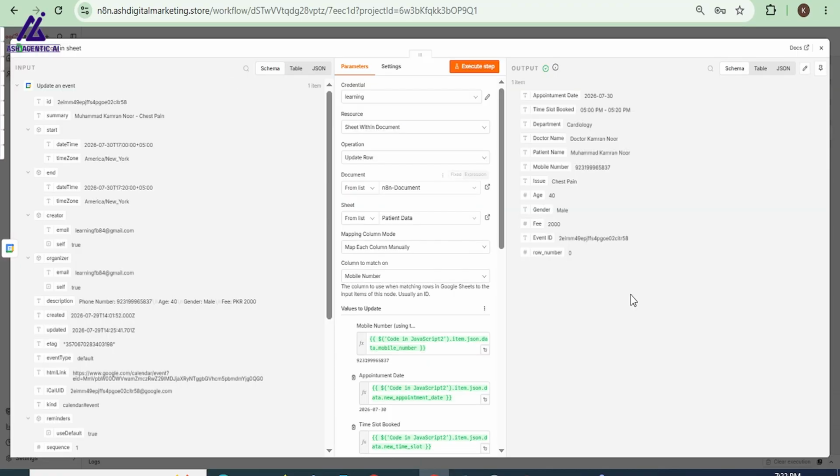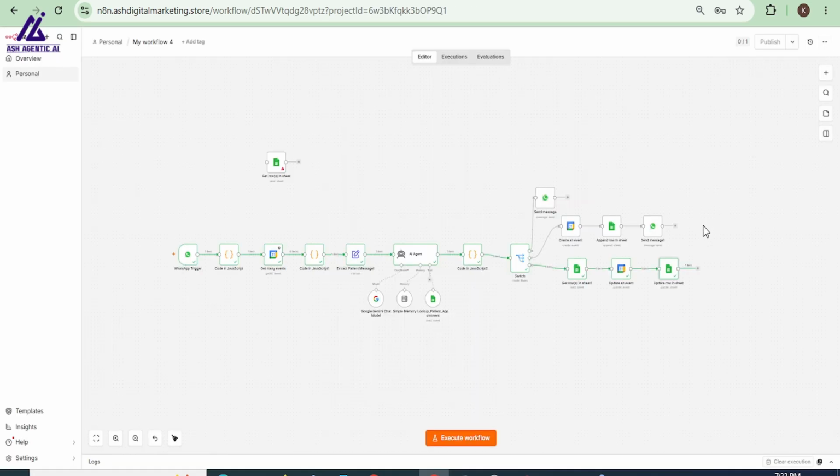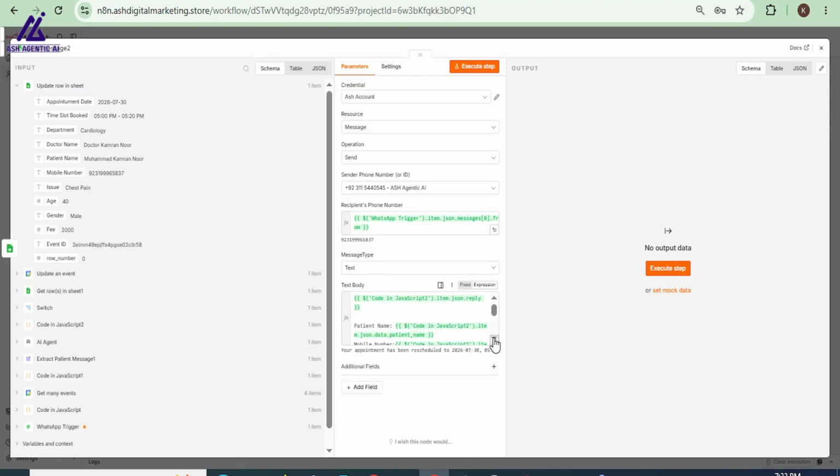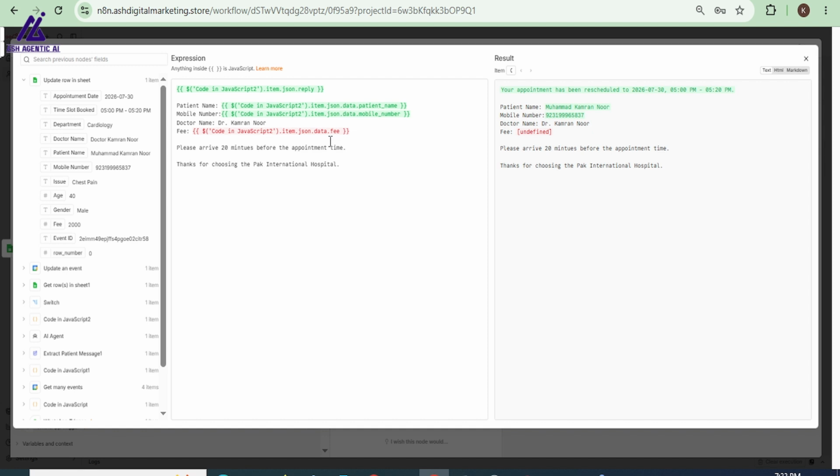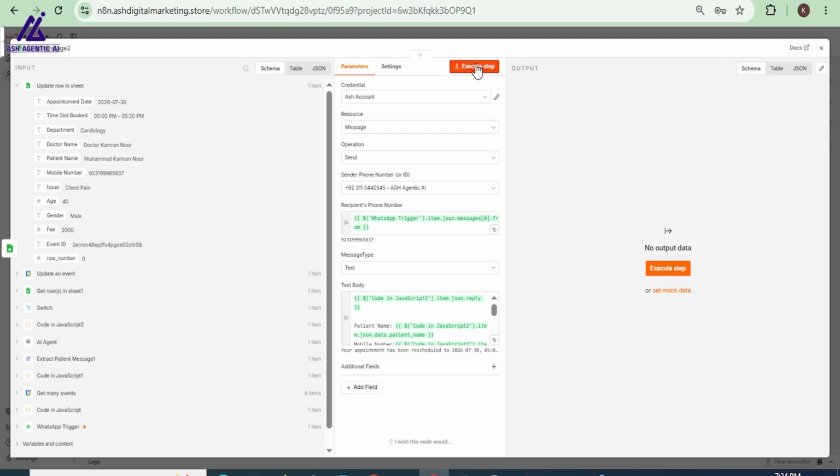So guys, now one thing is pending, and that is the patient reply. So now I'm going to add a WhatsApp node, duplicate it, connect it, open this node, and here we have to change just a few little things. Well, this is already showing reschedule. It already picked the data from over here. There is no need to change anything except the fee. Fee we can change from over here, from the last Google Sheet. Yes, this one, and you can see fee is updated. So just close this and execute,